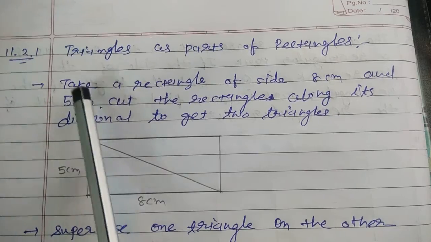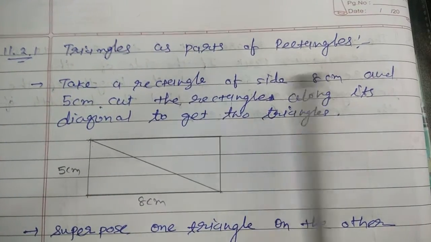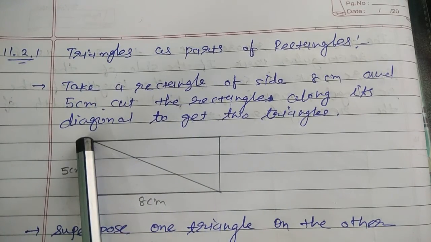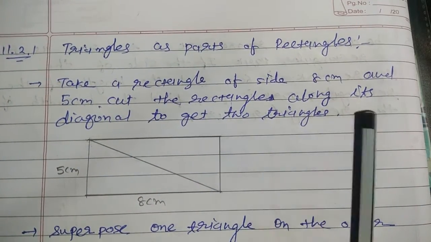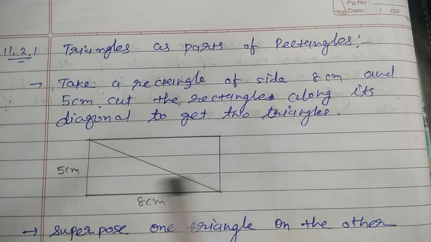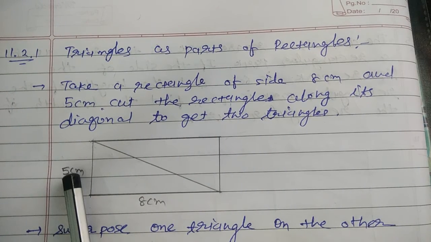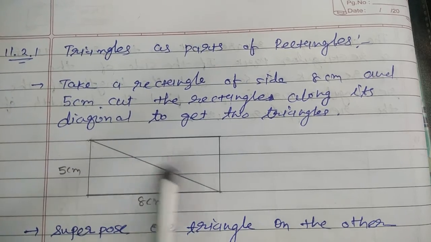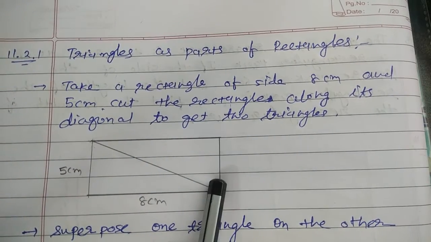What we have to do: take a rectangle of side 8 cm and 5 cm, cut the rectangle along its diagonal to get two triangles. We have to take a rectangle which has a length 8 cm and breadth 5 cm, and we have to cut along its diagonal. Diagonal is nothing but a straight line